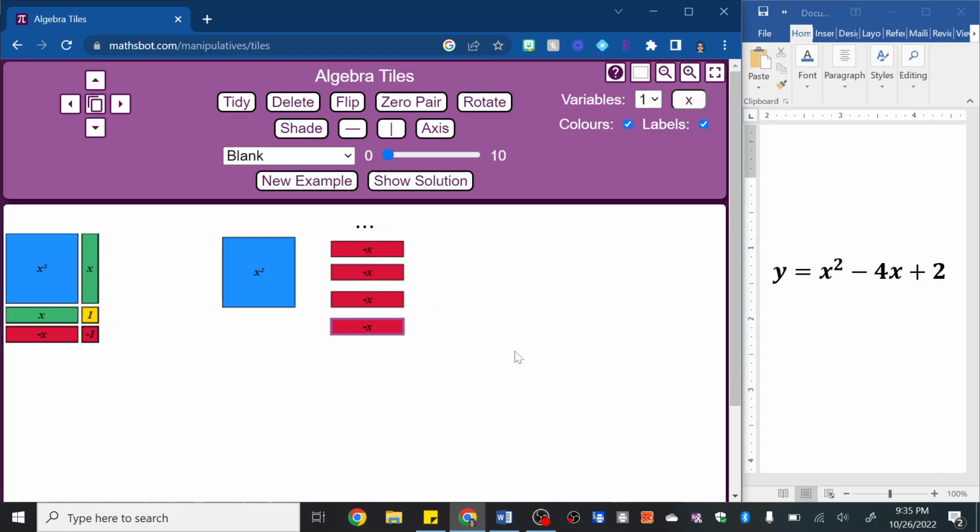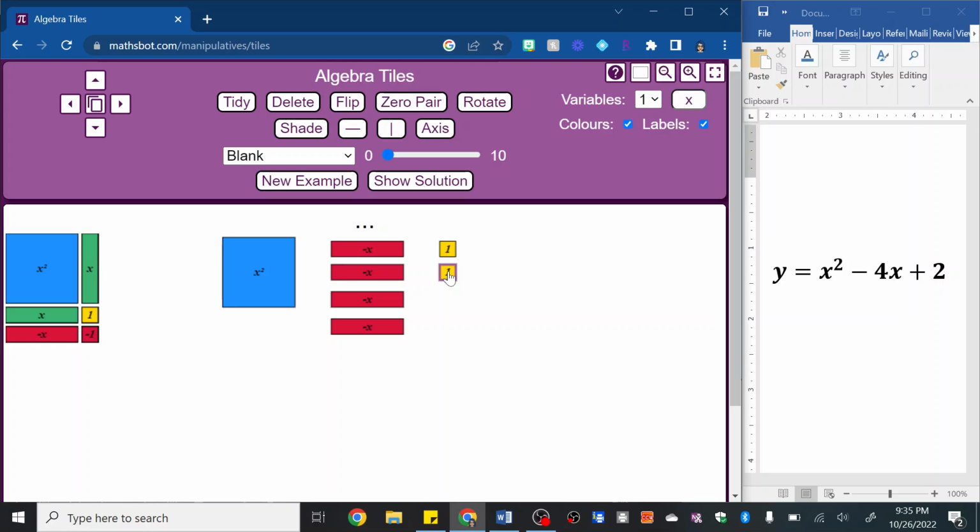All right. Then I have 2 positive single blocks. Those are the yellow ones here. I'm going to drag out 1, and then I'm going to drag out a second one. All right. So now that we have the blocks to represent the quadratic relation,